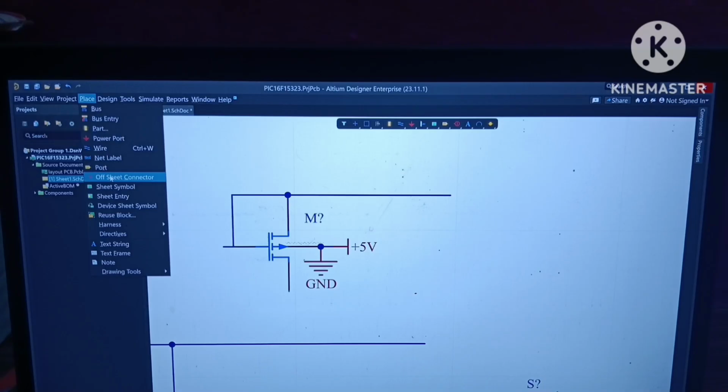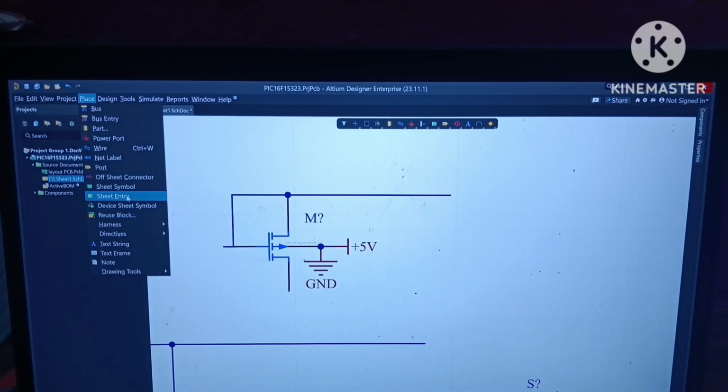The offset connector in Altium Designer is a tool used to connect signals between two different schematic sheets. That is, when your PCB has multiple sheets within the same project, without drawing a wire. Okay, so this is our offset connector, and port and net label also work as an offset connector. And next is sheet symbol. It is used to organize multi-sheet design. It is used to make a complex circuit modular, and also used to show the flow of signals. Okay, we will use all these options when we create a schematic file.